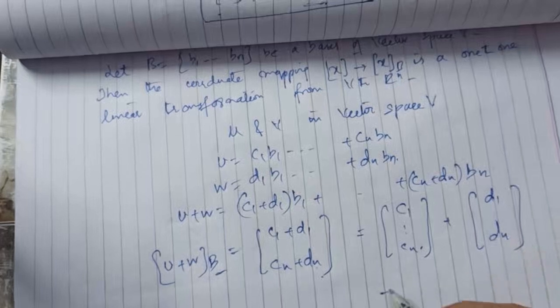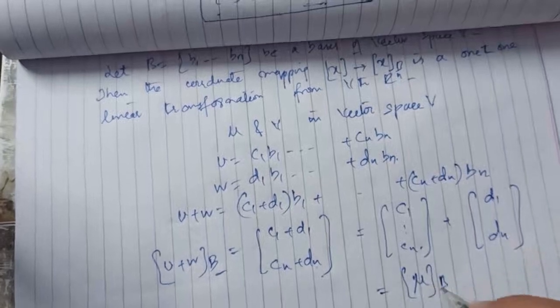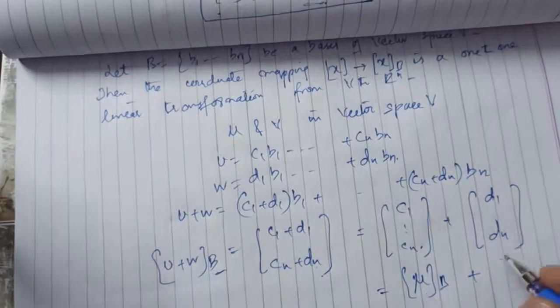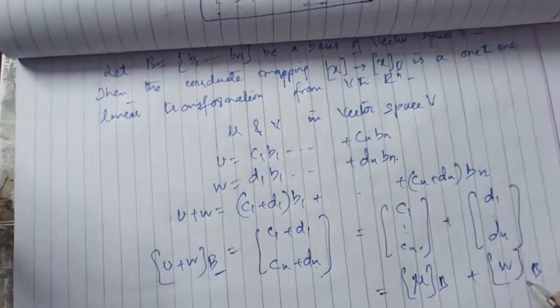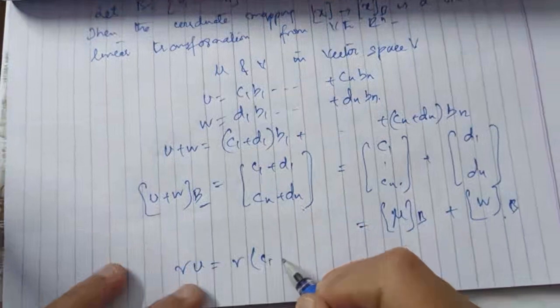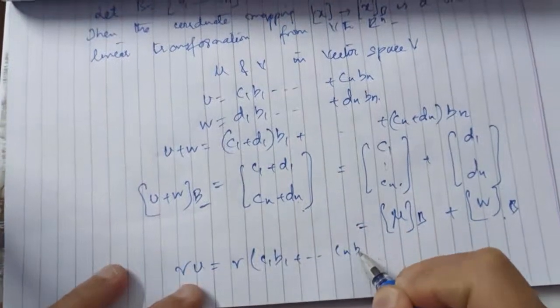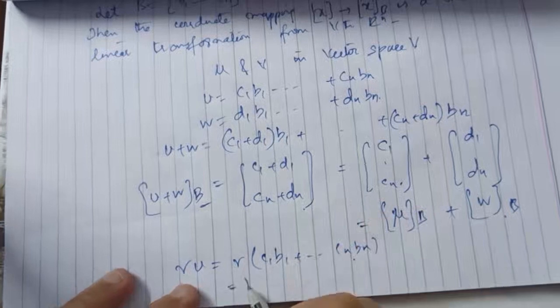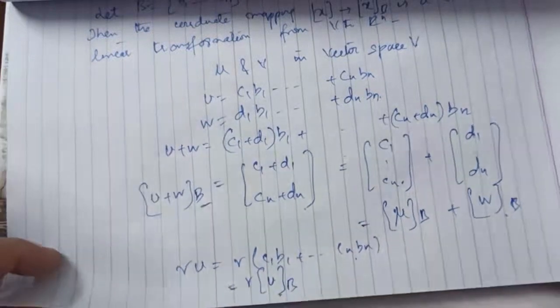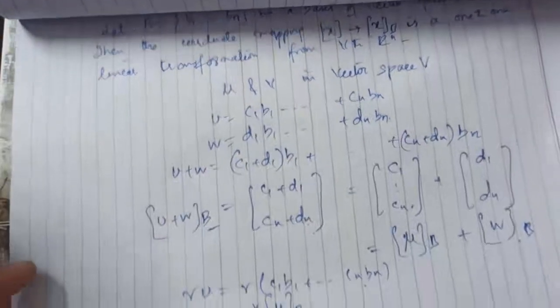Now c1 to cn are the beta coordinates of u relative to B, and d1 to dn are the coordinates relative to w. Similarly, we can say that r times u, where u is c1 b1 plus up to cn bn, can be written as r times [u]_B. So if you multiply any vector u by r in the standard vector space, it just gets multiplied in the vector space relative to B. Okay,